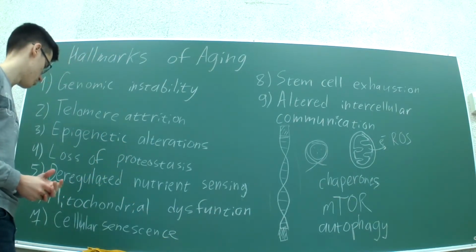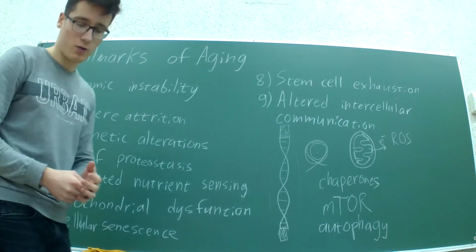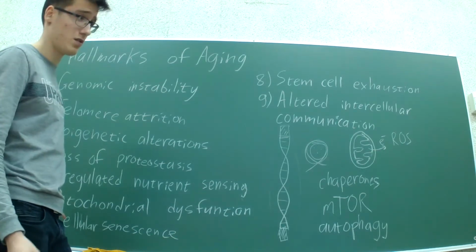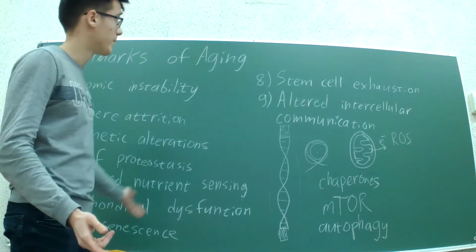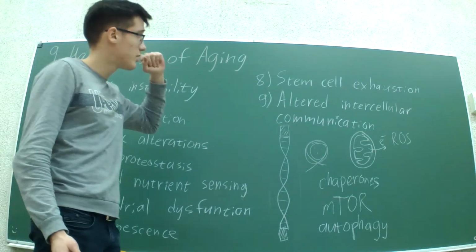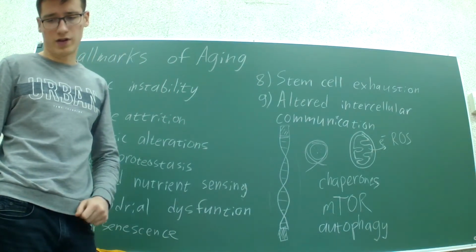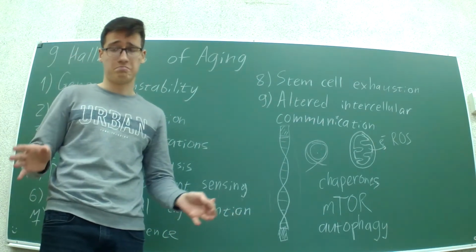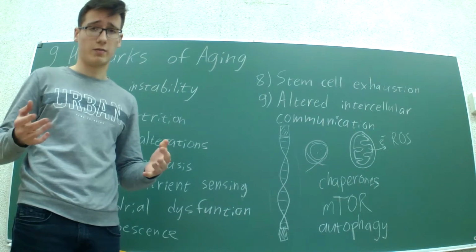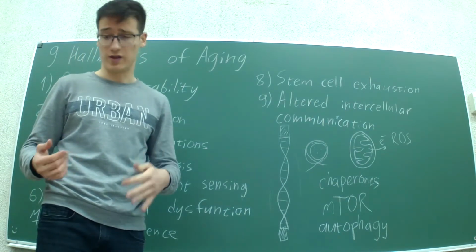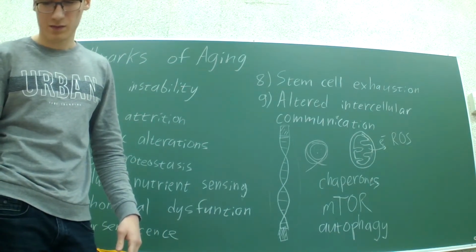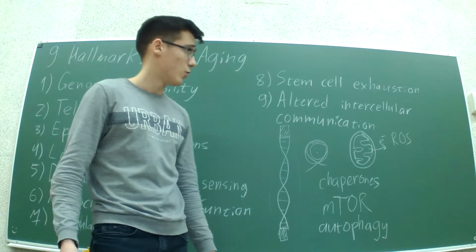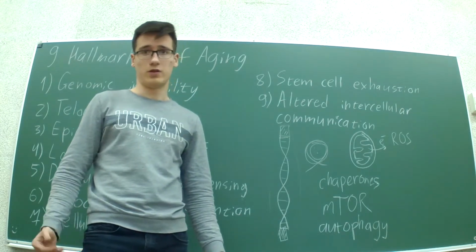Seventh, cellular senescence. As with the first point, we can just locate those senescent cells and eliminate them, right? The eighth point, stem cell exhaustion. Well, there are certain stem cell-based therapies, but they're quite complex, and we won't go into detail here as well. As for the ninth, altered intercellular communication, we can just use anti-inflammatory drugs for this one.